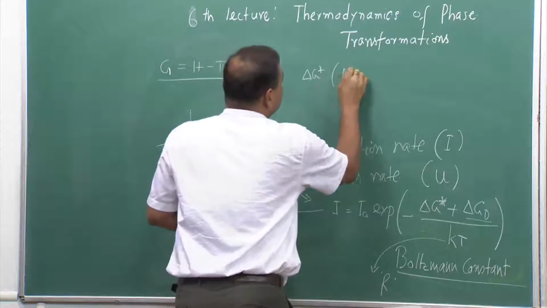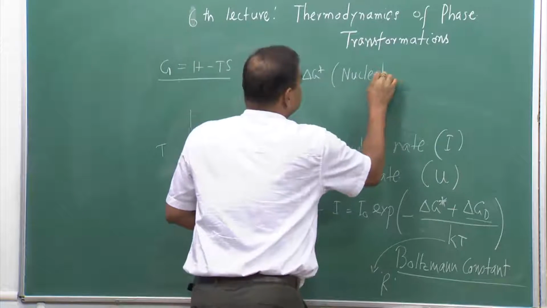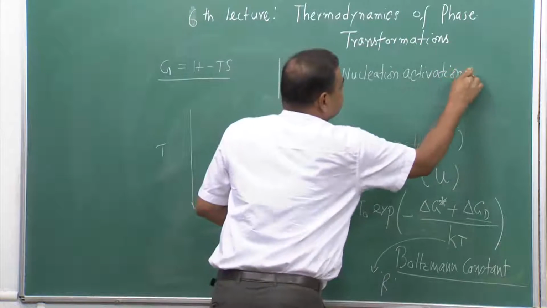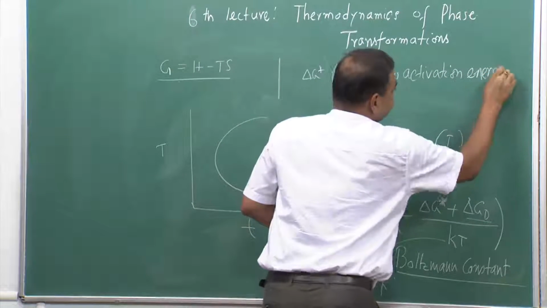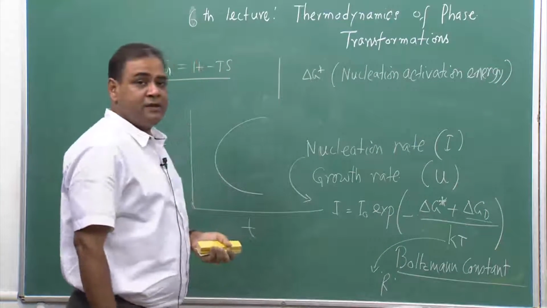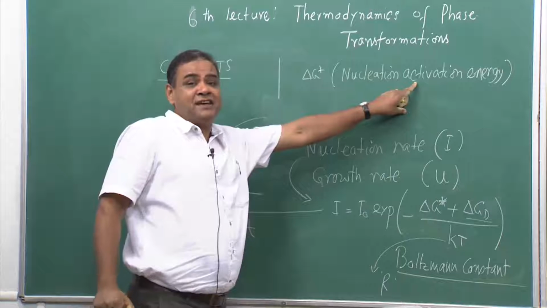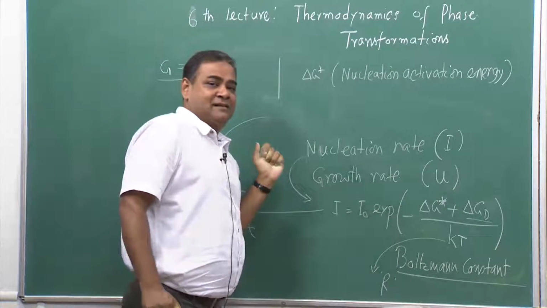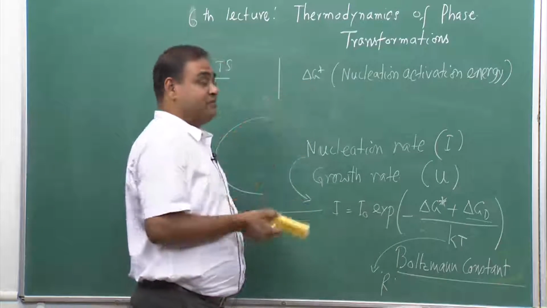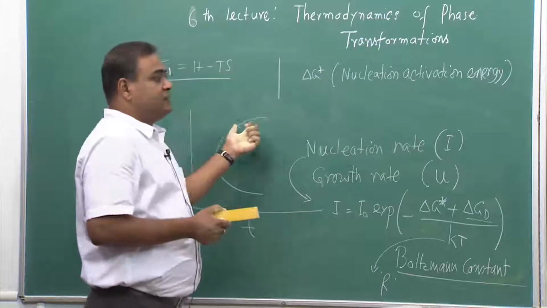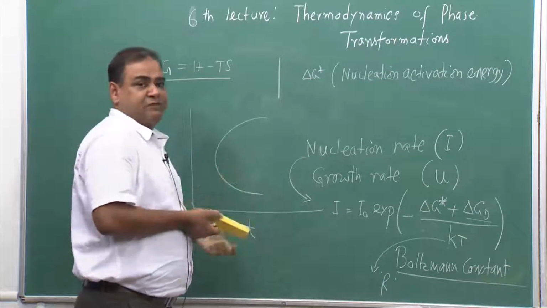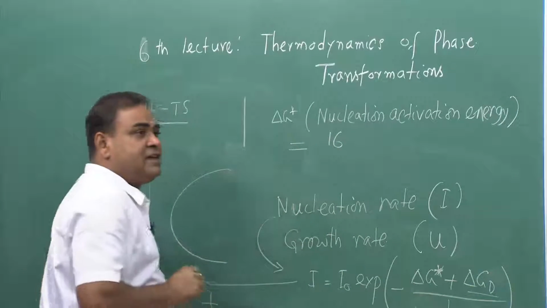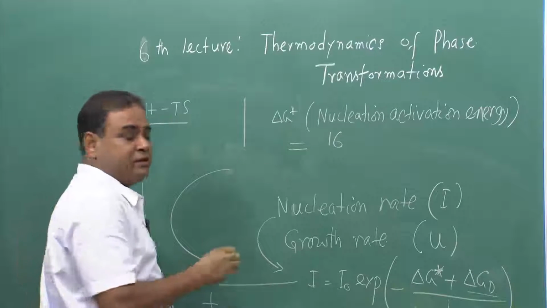this is called nucleation activation energy. And now, since I have used activation energy, it immediately tells me that it is talking about some barrier in the energy axis, energy distribution graph, as what we did just 10 minutes before. Okay. So, now this is also expressed in the form of, if it is simple homogeneous nucleation, that is called